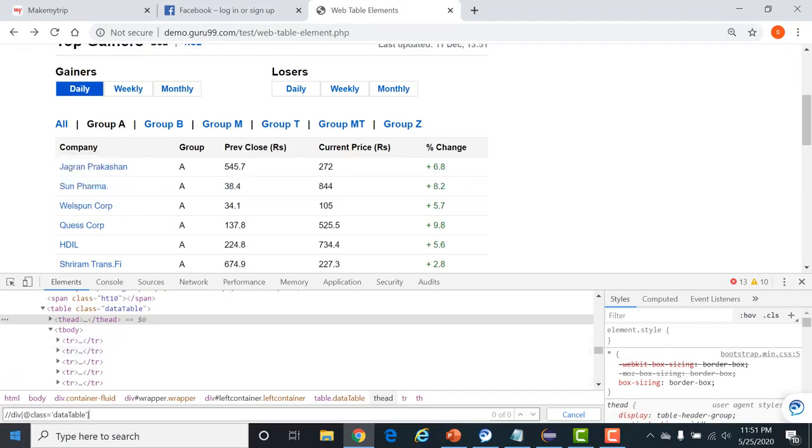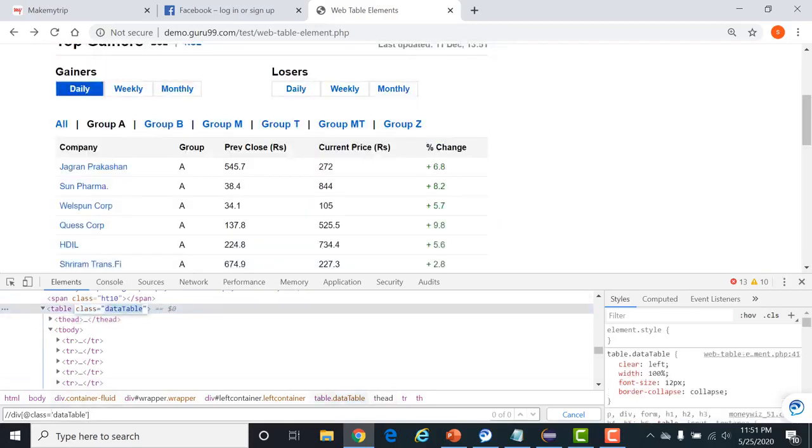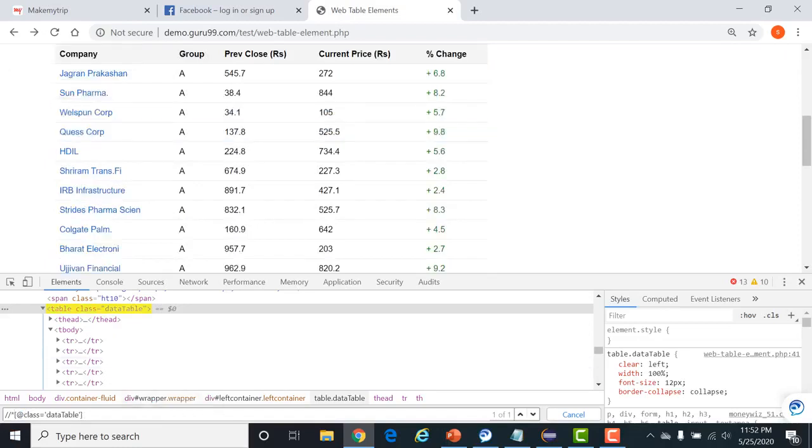It is not identifying. Let me check. Class is equal to data table. Okay, fine. I have given div, which is not a div. This is the, okay, right, star. Fine. Now it is identifying this table, and the child element is T head.